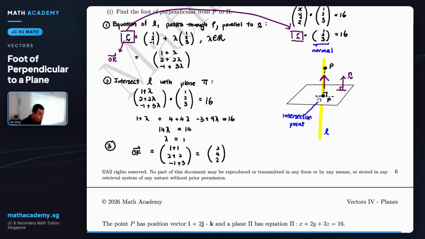The main idea you should remember is that it's about this line and plane intersecting. A foot from a point to a plane is about intersections, not about the 90 degrees. Okay, there are more